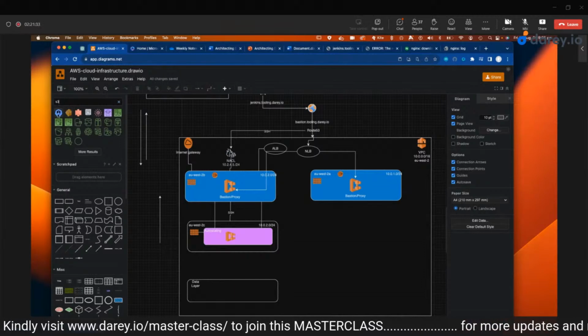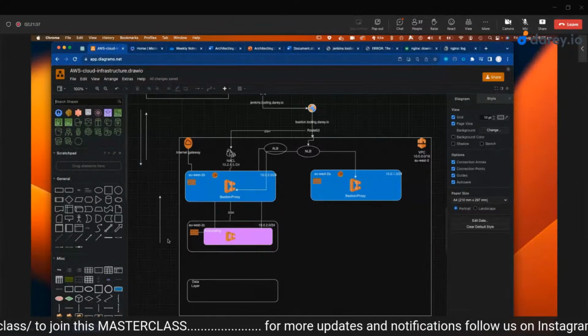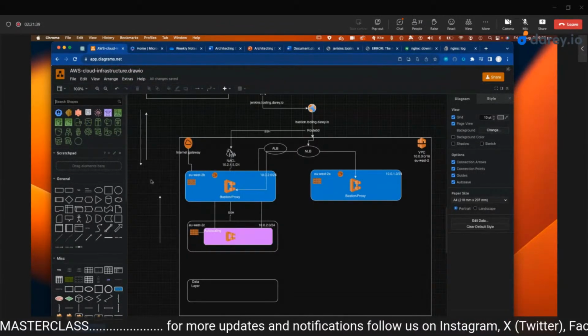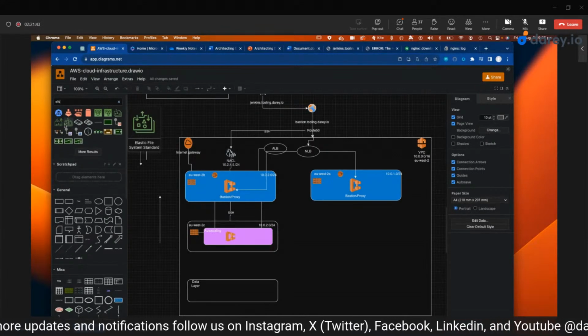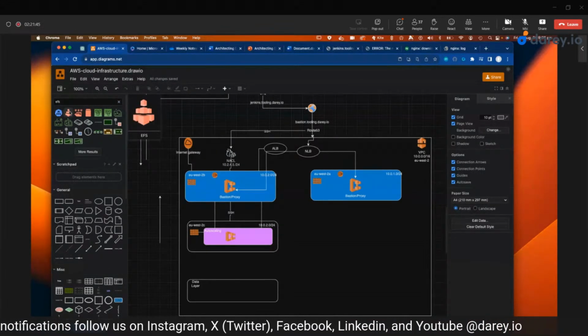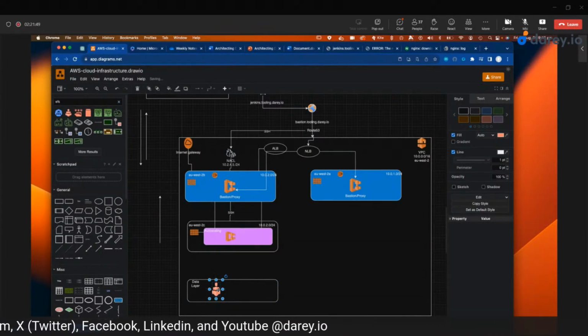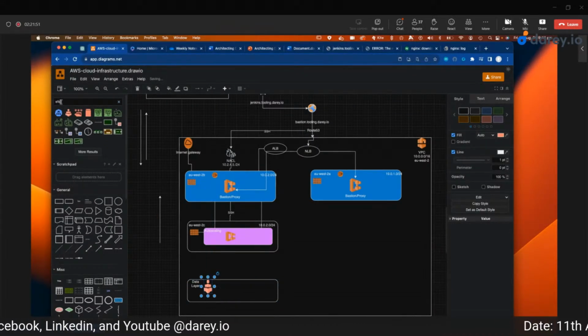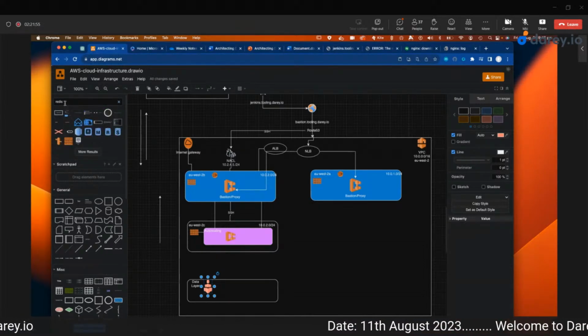Actually, S3 does not work specifically with subnet per se. It's a global service, but something like EFS, for example. Let me see. Okay, this is EFS, so you can put EFS here. We needed EFS. If let's say you're going to use Redis,